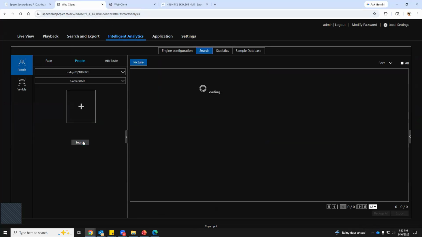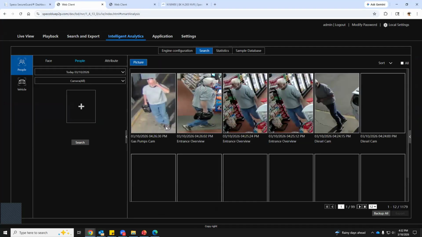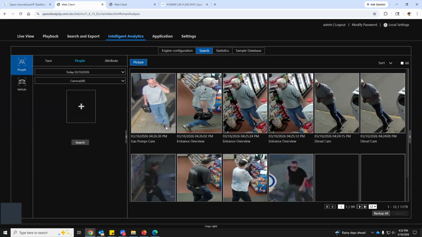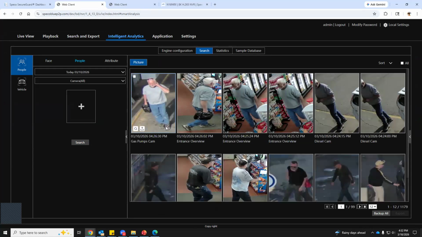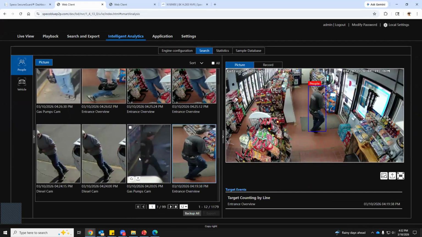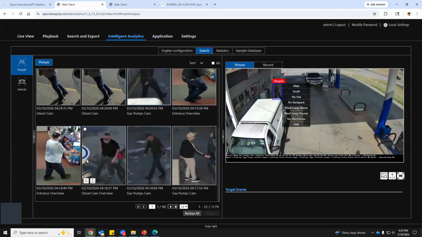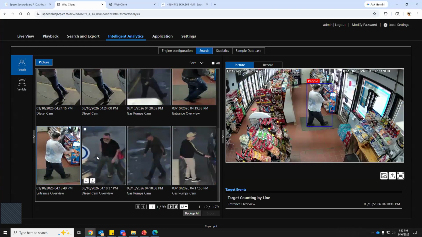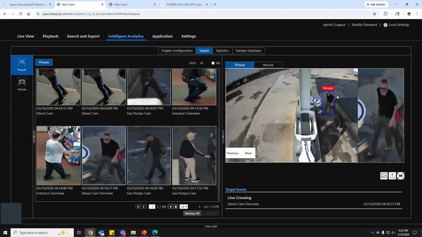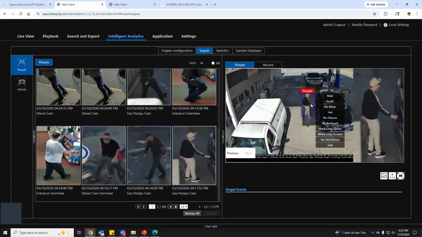Now we're going to select people again. So we're back to the gas station here, the Marathon. Now you're going to see that obviously these cameras that we programmed earlier, now we're starting to get detections on all those metadata cameras, right? And you're going to notice that the more that I come through, the meta searches are going to have all of these individual attributes attached to them, right? And then just the target detection, line crossing. And again, we're talking about range. You're going to notice that this was line crossing. I got this by line crossing, not on the metadata, right? So to see metadata, it has to have